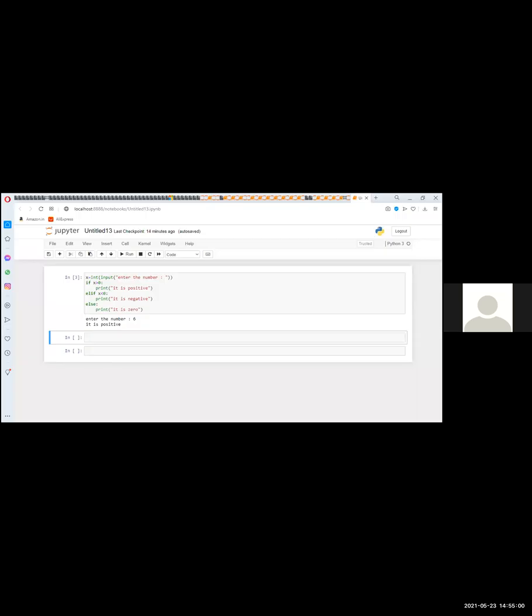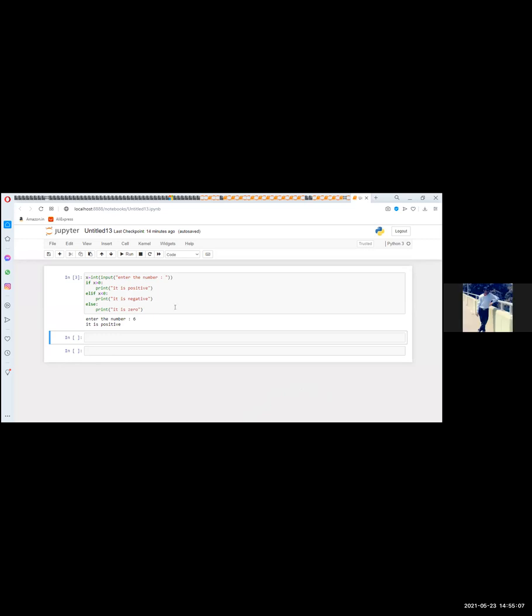Okay. Now I am going for Shikha Kumari. Shikha, now share your screen and show me the result of your code and output. Yes, sir. Okay.